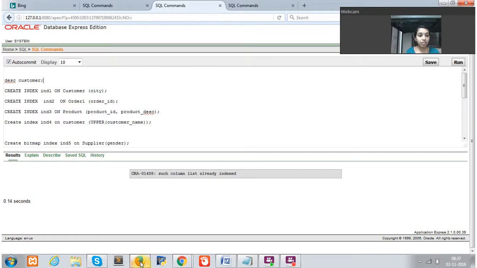I'm going to explain the ninth experiment of DBMS, that is the creation of indexes and sequences. So the first question is to create an index on the customer table on the column city. So create index1 on customer, and the column name is given as city, and this column is already indexed. Then the next question is to create an index on the order 1 table's column order ID. So for creating that, create index2 on order 1, attribute is order ID, and while we are running this one,